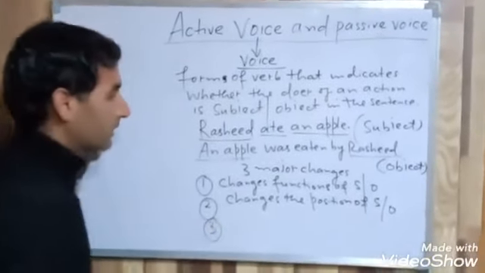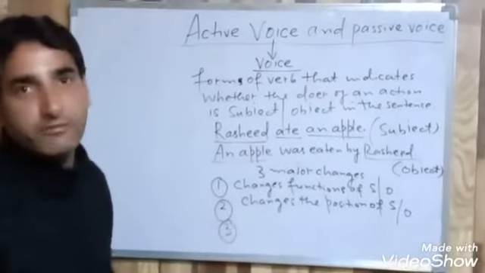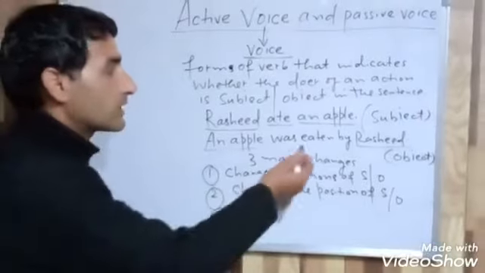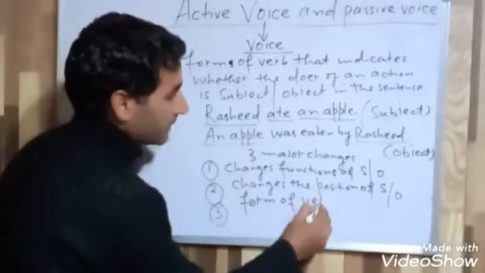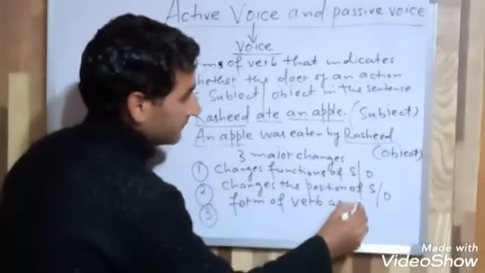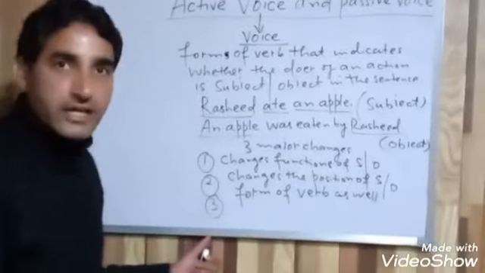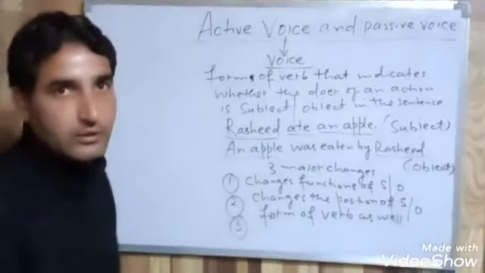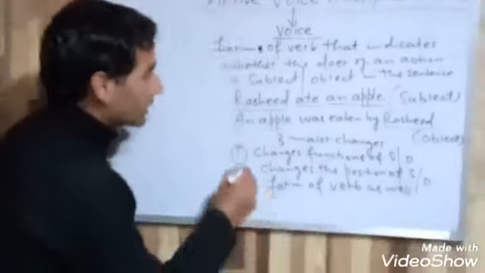And number third, it changes the form of verb as well. In the first sentence there is ate, in the second sentence there is was eaten. So we can say it changed the form of verb as well. But it does not change the basic meaning of a sentence. So we can say it is a kind of transformation